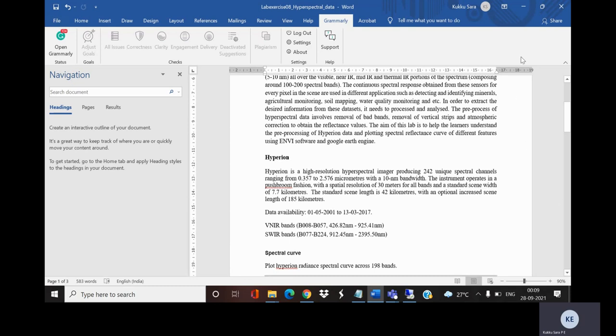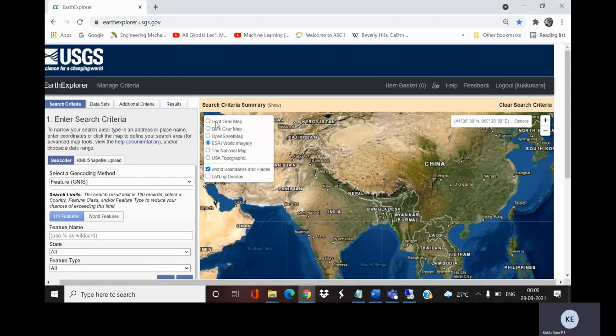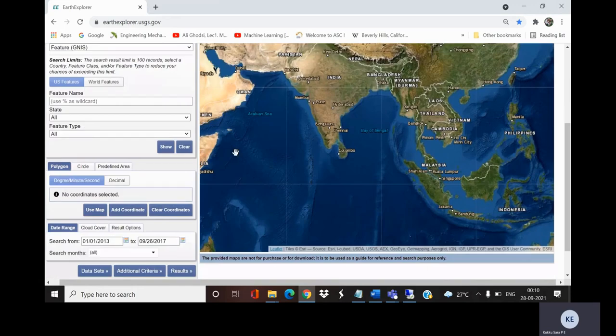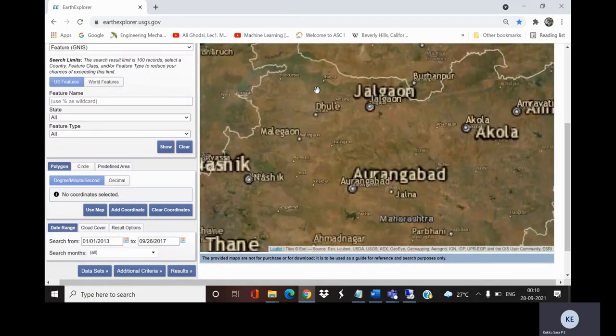So first we will download the Hyperion data. For that, open Earth Explorer, select your region of interest.